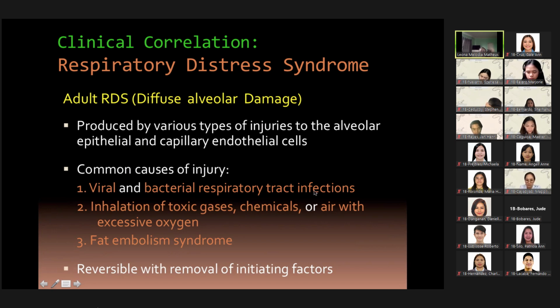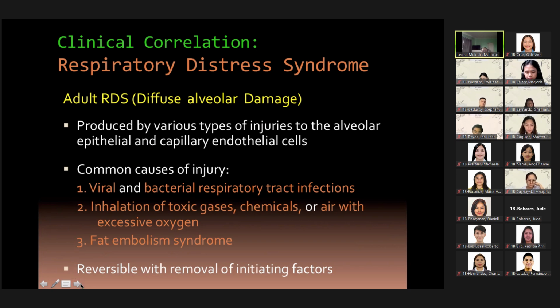It can actually be due to infections, both viral and bacterial. It can be due to inhalation of toxic gases, chemicals, or air with excessive oxygen. And it can actually be due to fat embolism. So reversible po ito if the initiating factors are removed. So this is what we call the adult respiratory distress syndrome or the diffuse alveolar damage. So don't forget, kaya nga diffuse alveolar damage because the damage is most specifically in the alveoli and in